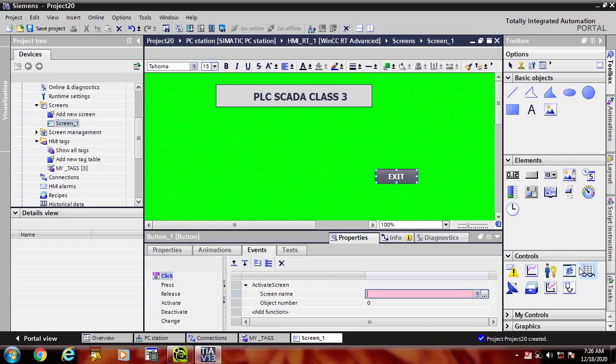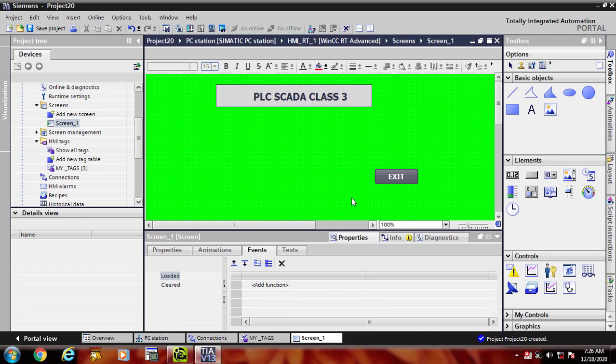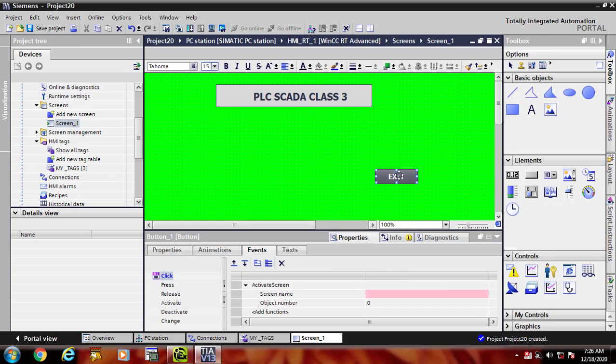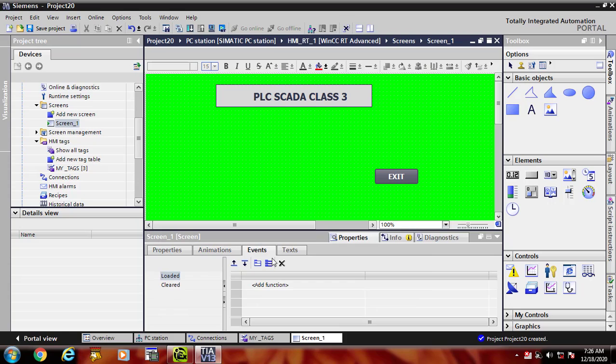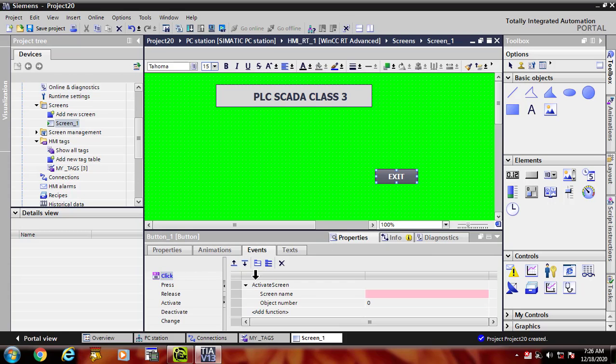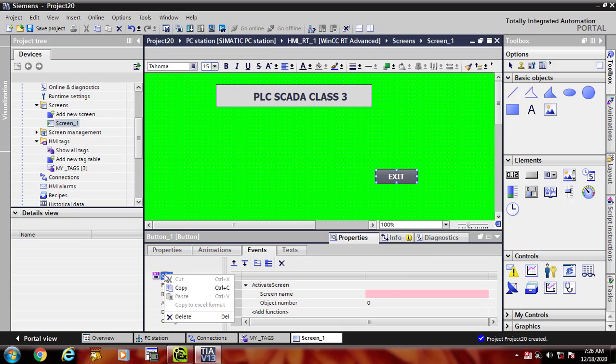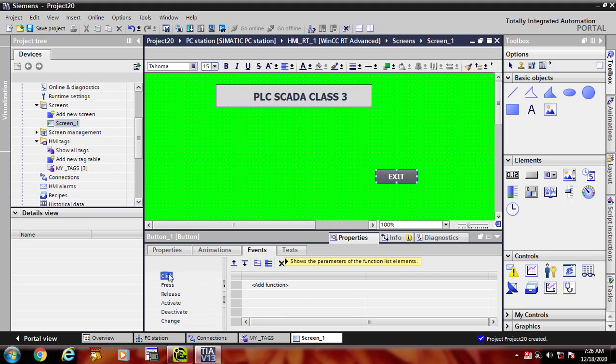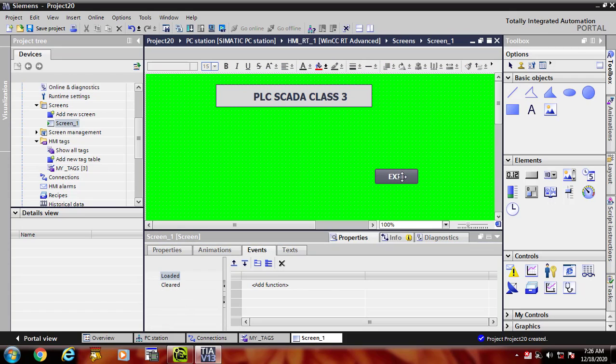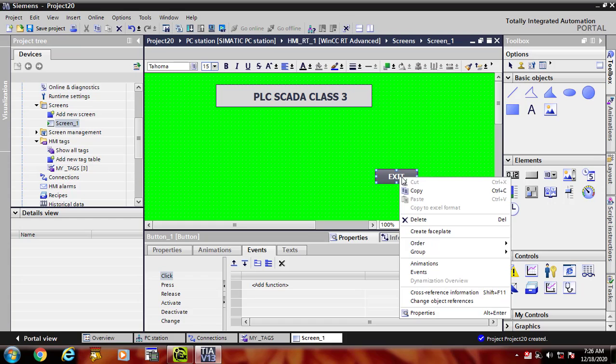This is screen 1. Now once again I will go to events, click on it. The first assigned function is here and I want to delete it. Yes, delete its function, and assign it some other function. Its function should be stop runtime.